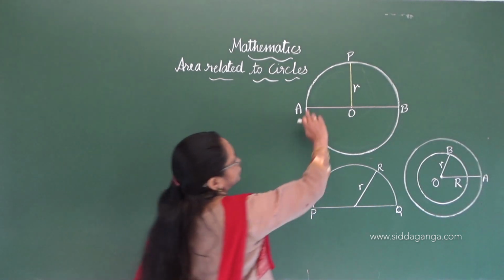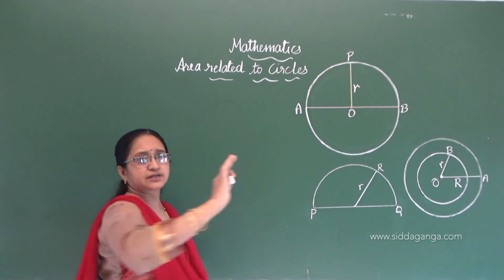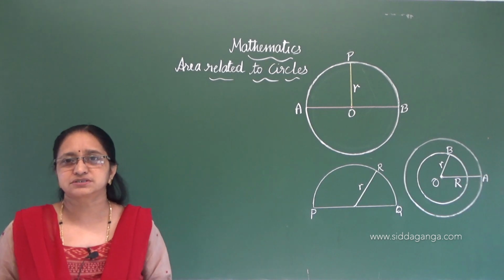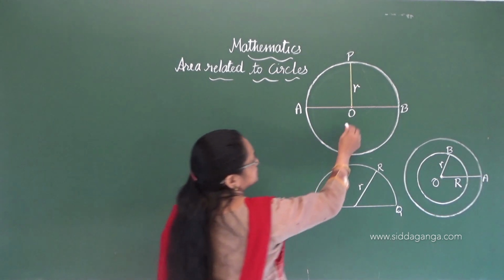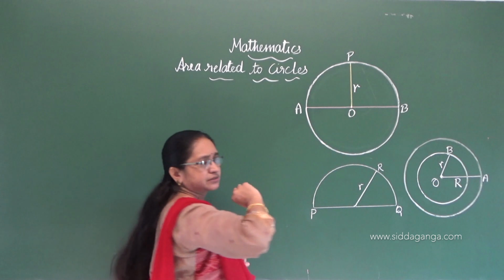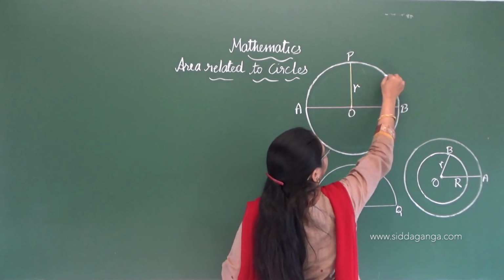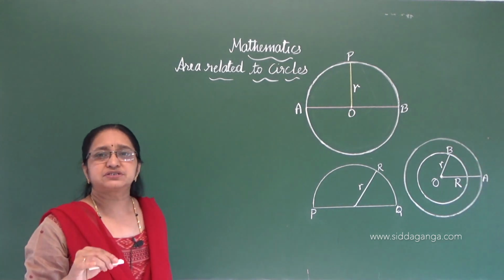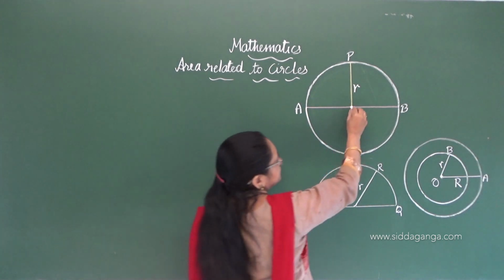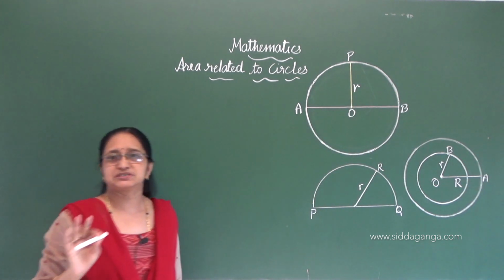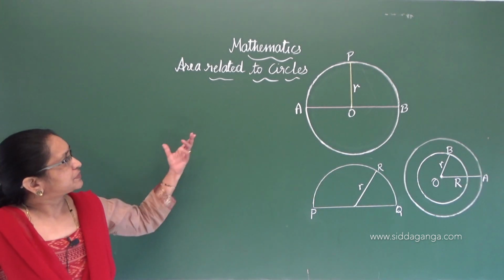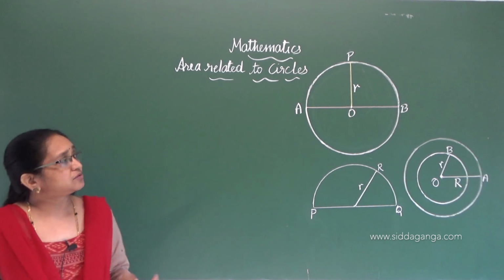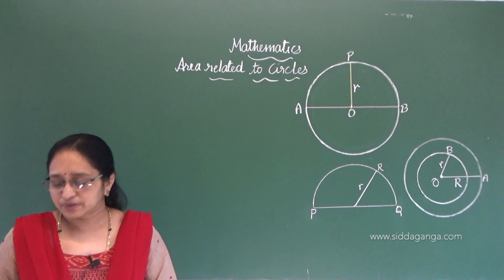A circle is a set of points. It is a collection of points, or a set of points, which are equidistant from a fixed point, isn't it? So you have learnt this in the circles chapter also. The circles chapter is completed already, so you have learned there also what circles are.